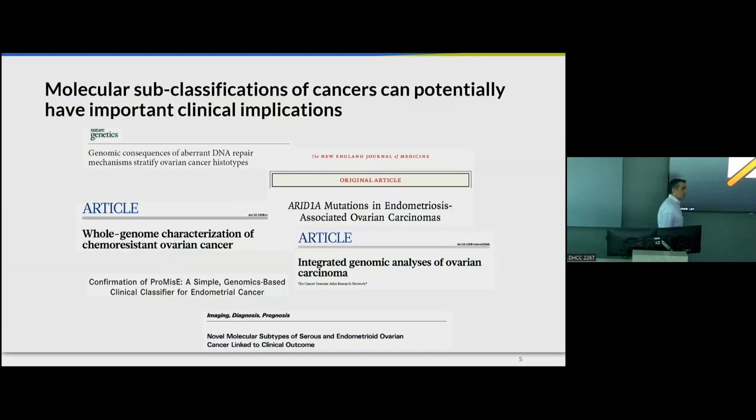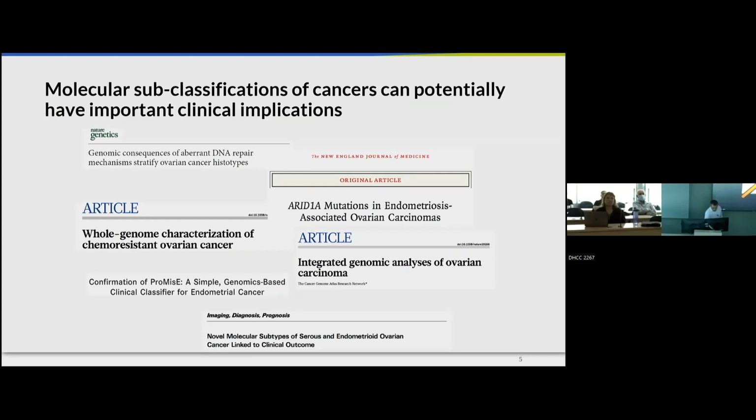Molecular studies took off from 2007, 2008-ish, when next-gen sequencing came in. A lot of people started sequencing different cancers, and that includes different gynecological cancers. These studies have come up with different subtyping of different cancers, and some of them have clinical implications. As an example, I wanted to highlight this study on